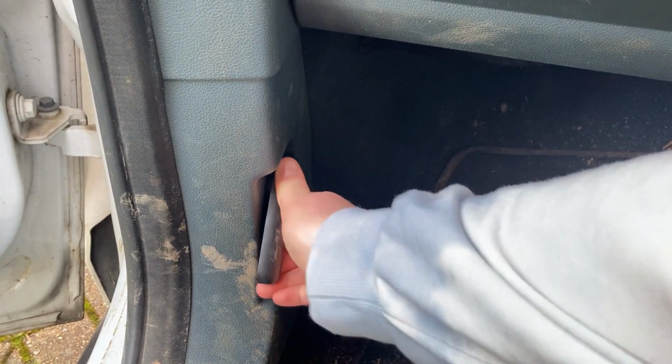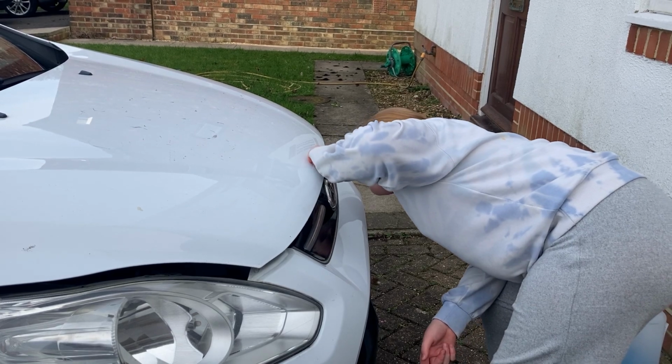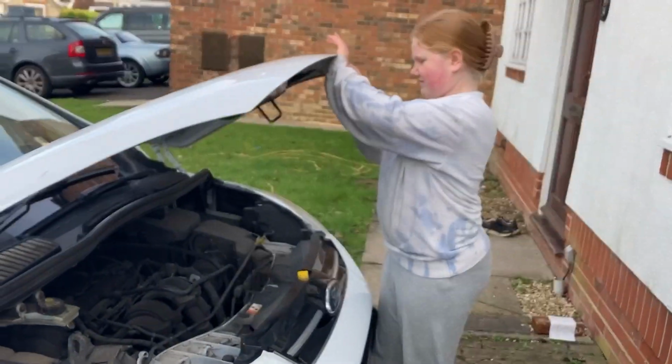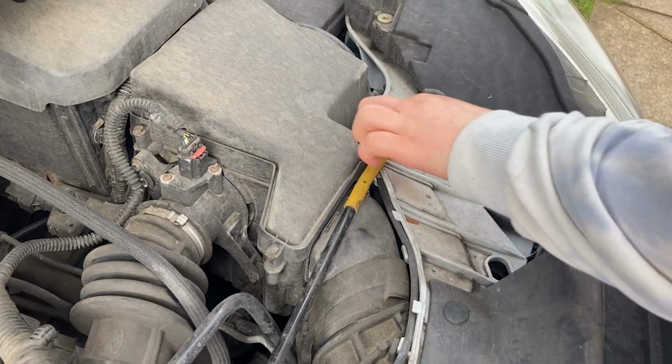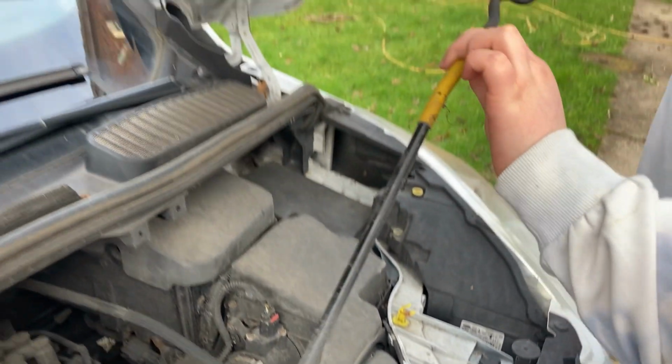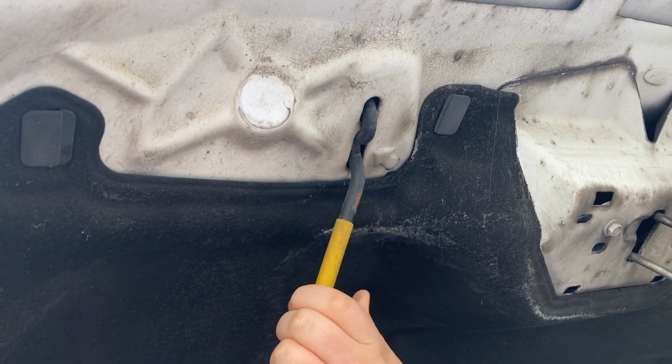She pulls the lever and the bonnet is unlocked. There's also an extra lever to push just under the bonnet, which releases it and you can lift it up. And in this car, to safely hold the bonnet up, there's a support prop tucked in here, which you can clip in place and it will hold the bonnet out of the way so you can safely work on the